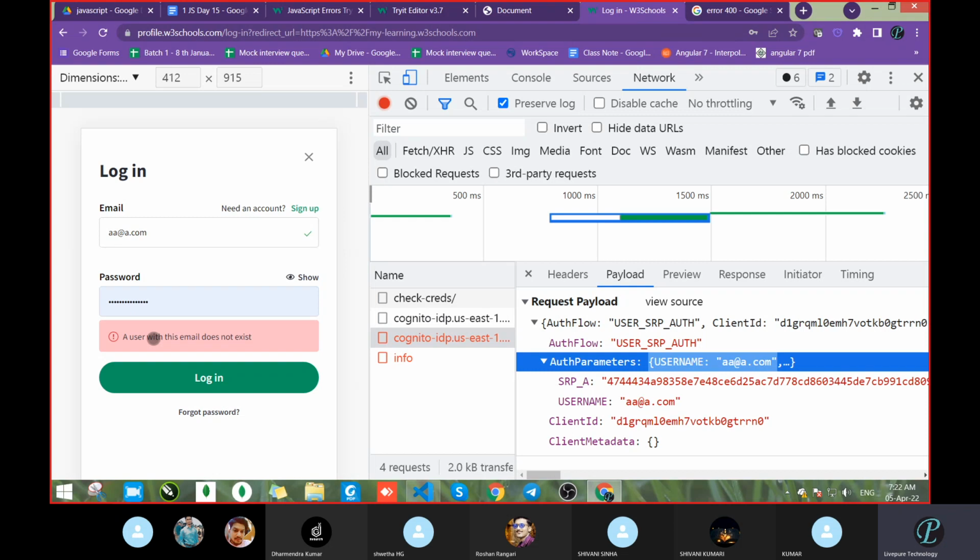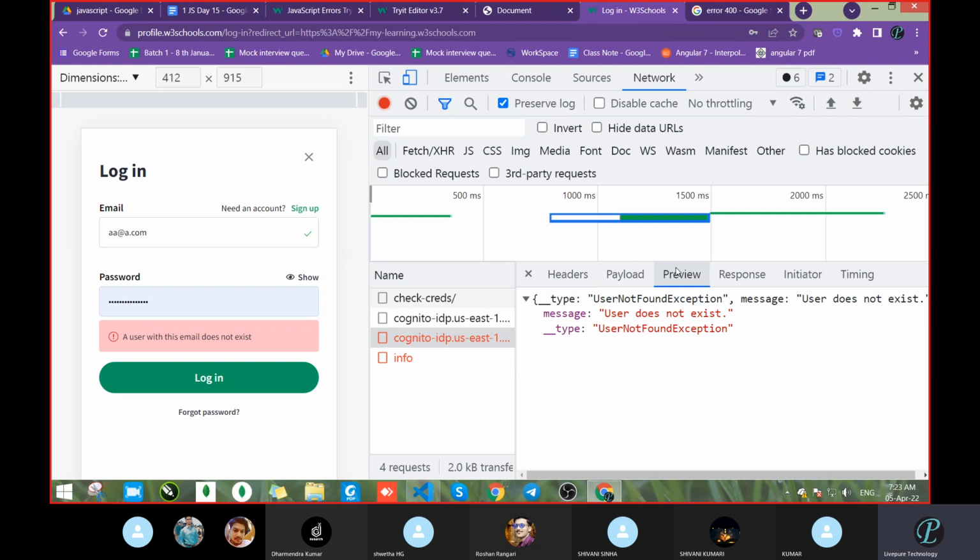So what happened in the backend? Backend means the server side, like Node.js, .NET. What did they do when this request was being sent to the database? At that time some message came. The message is 'user does not exist'. This message came from the backend itself. Suppose this website is written in .NET, so this message is coming from the .NET side itself.